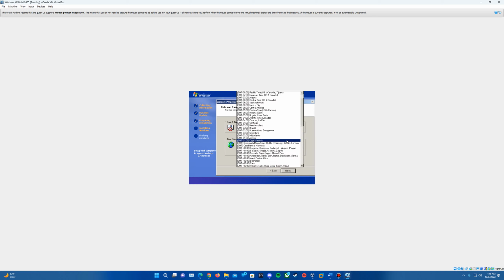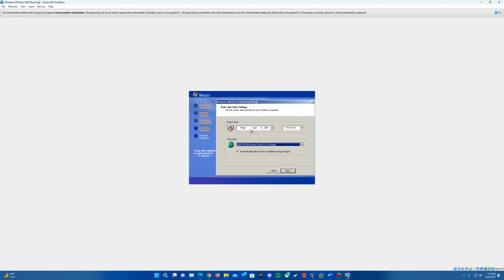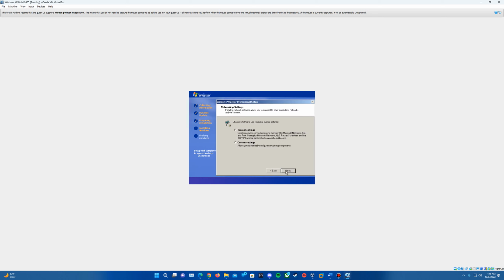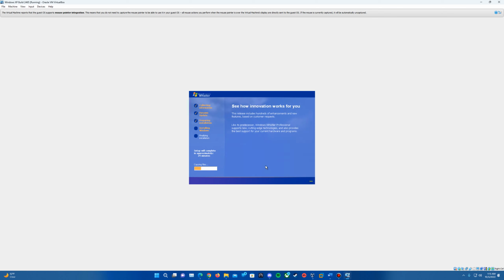And then you can choose your time zone if you want. It should still have it as April 13th, 2001. And then we'll hit next. And we'll go ahead and install a network here. We'll do typical settings and hit next, and then leave it on no and all caps workgroup there and hit next. And then it's going to go forth with the next part of the setup of copying files